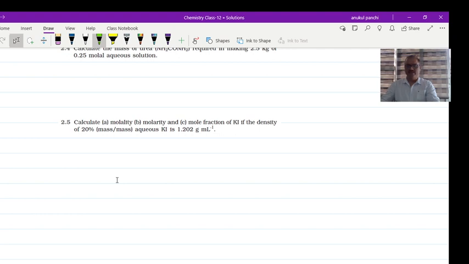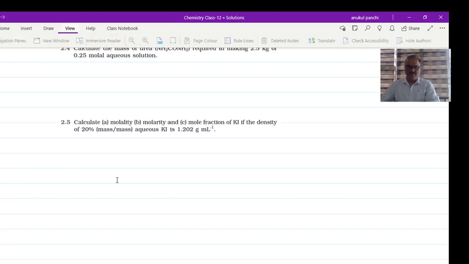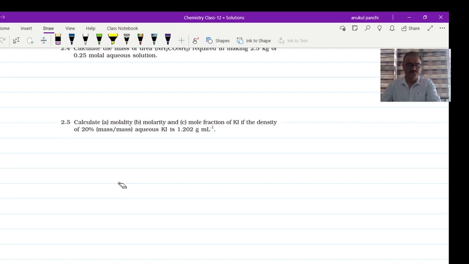Very simple numerical, and one more formula is required to solve it. Because you are given 20 mass percentage here, 20 mass percentage means that the mass of KI is 20 gram,